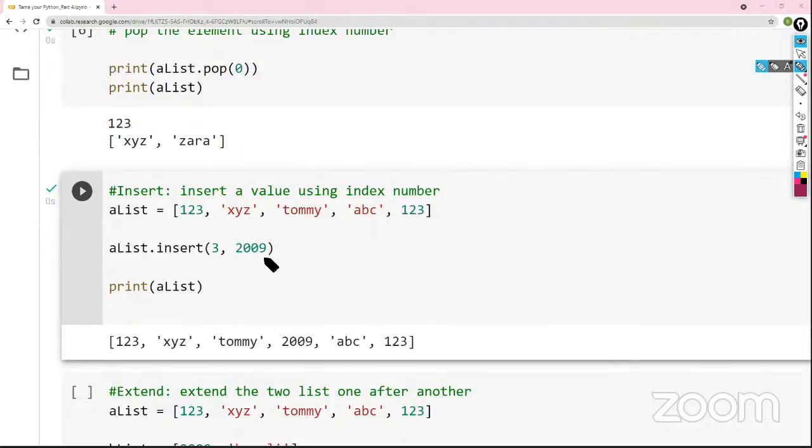So what this does is, sorry, my bad. I need to take back the statement that I made. So it inserts a value using index number. So what it has done is, it has gone to index number 3. This is index number 0, 1, 2, and 3. It has gone to index number 3, and